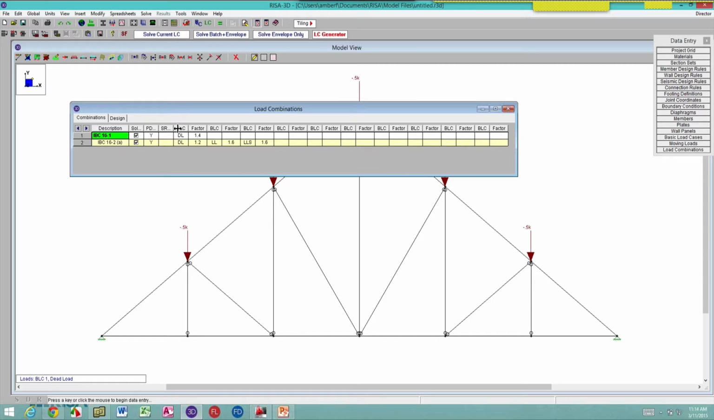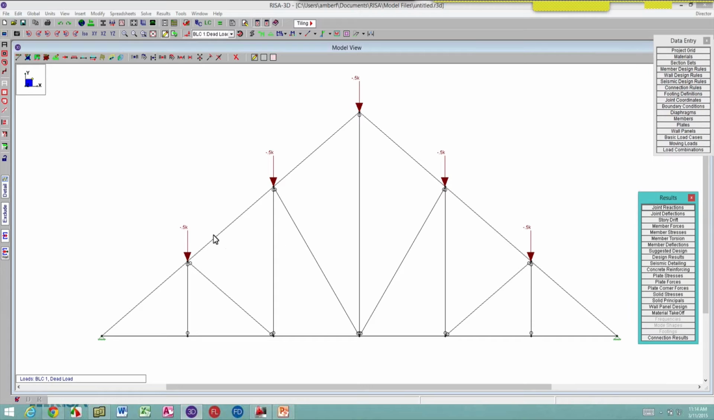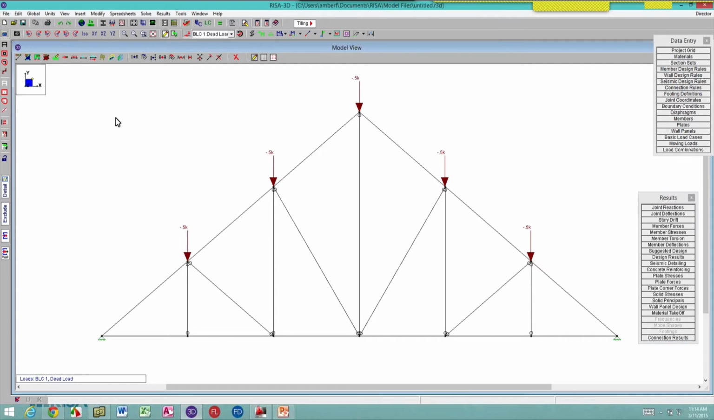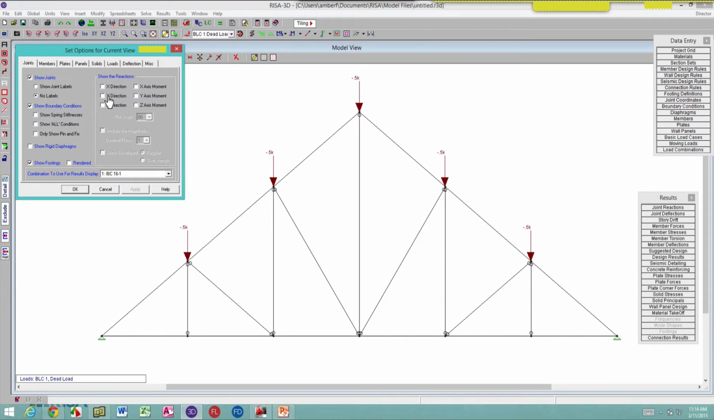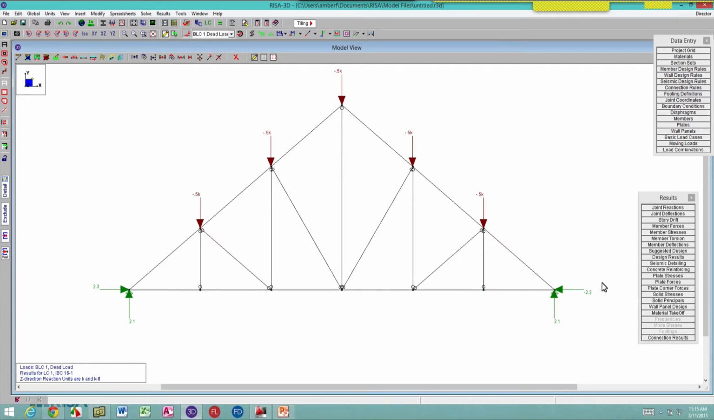So I'll go ahead, and since I only have dead load, I'm just going to solve that first one. And then I'm going to take a look at the results. So we really are interested in the design results for this. Of course, you can look at the joint reactions if you want. You can display any of them. If I want to take a look and I want to say, what is the reaction in the 3 directions, include the magnitude. And it's going to go ahead and plot those for me